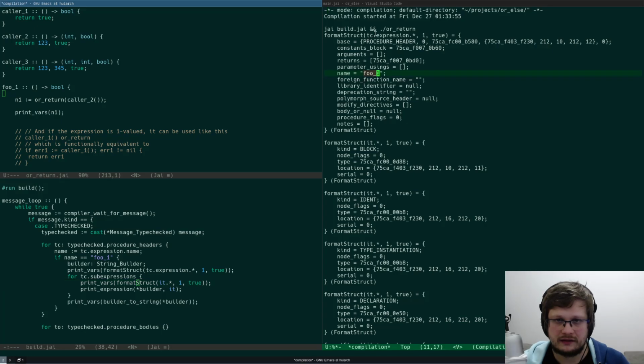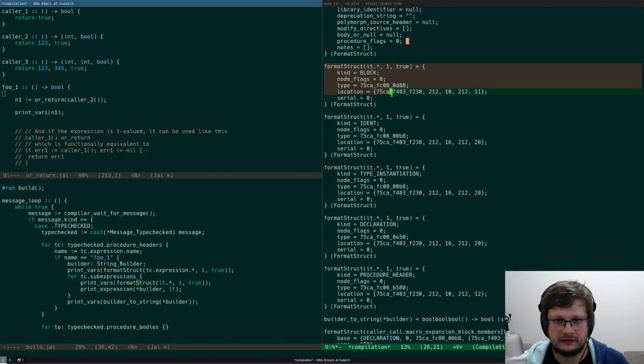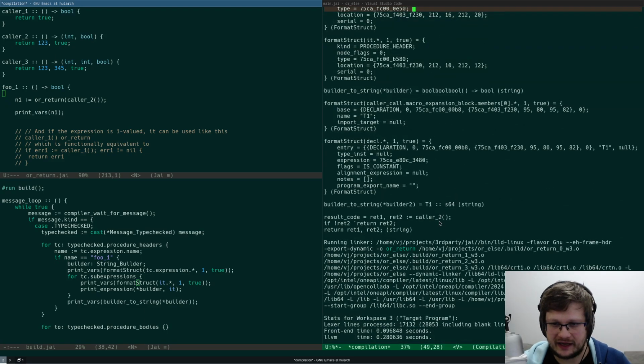Okay. We have procedure header, so we have block, right? We have identifier, we have type instantiation. So this is our type instantiation, bool. And then we have like return arguments. Basically this is a header.